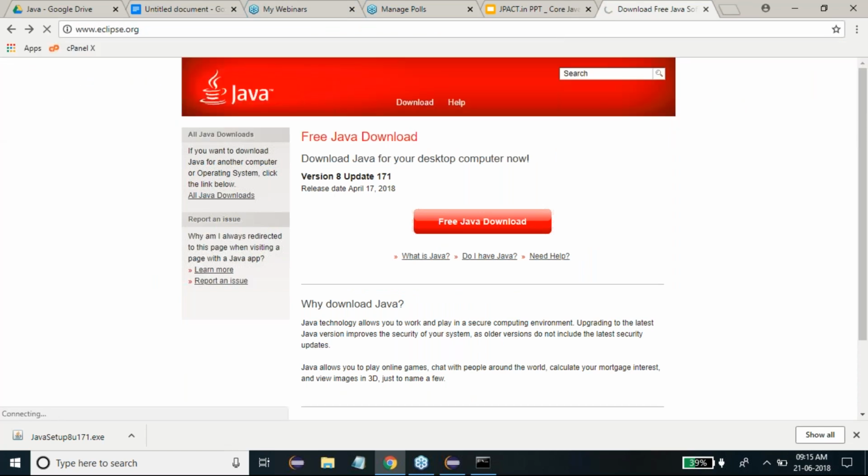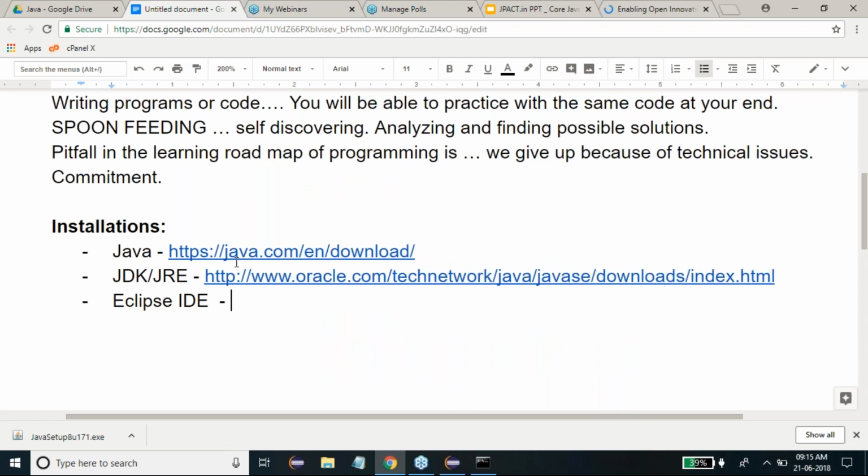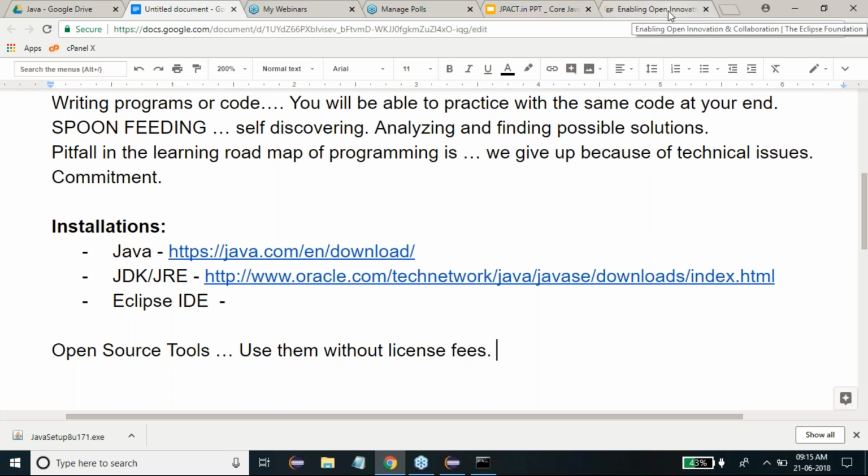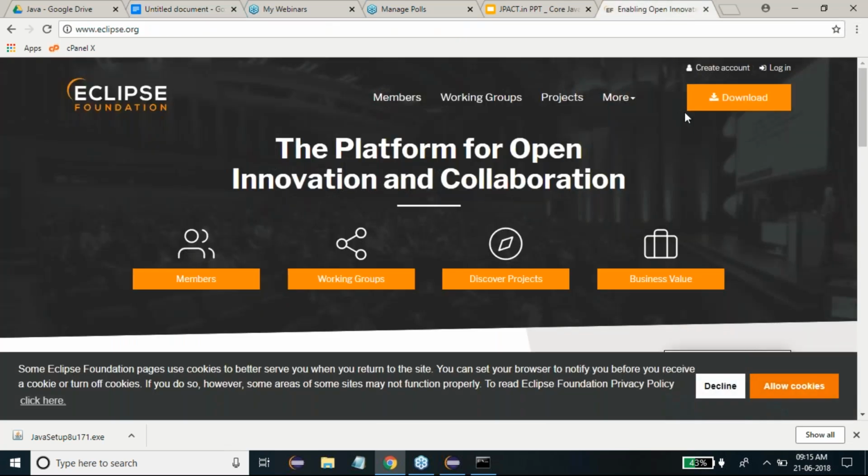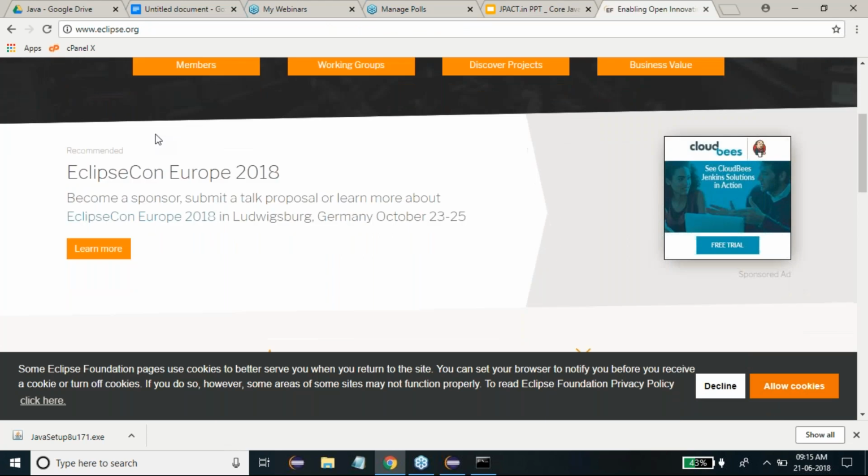Now, the good thing about all this that we do, team, is all open source tools. It gives us the ability to use them without license fees. So your cost of getting started to learn, forget about projects. Even for that, a lot of the same open source non-licensed versions are used, but it gets more and more advanced. So Eclipse Foundation is where you're going to go, team, eclipse.org, and you will search for